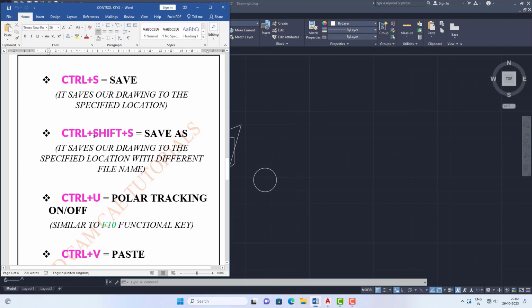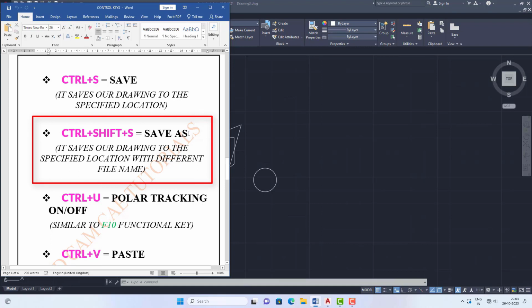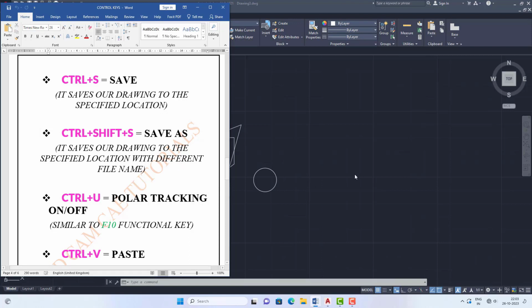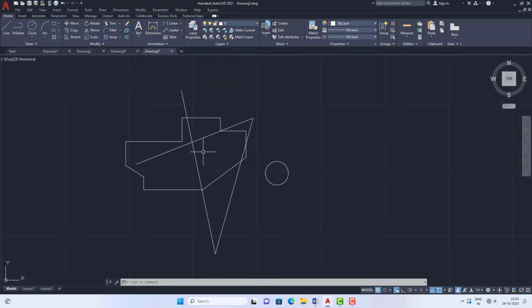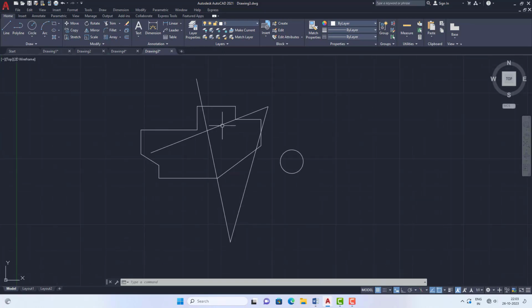Now there is an option here, Ctrl plus Shift plus S. If you hold these three keys, it is Save As. What does it do? It saves our drawing to the specified location with a different file name. As I told previously, we opened this drawing from some location and made modifications. If you press Ctrl S, the modified drawing will be saved in that same drawing file. But if you need to save with a different name and a different location,